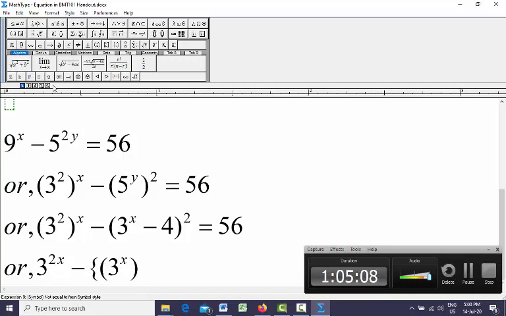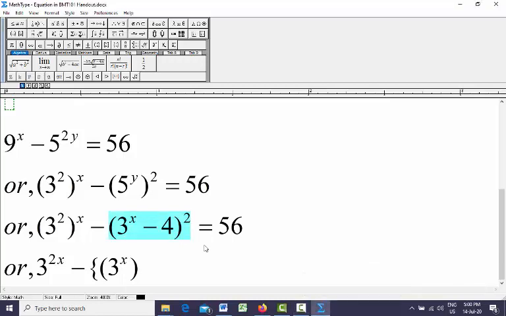bracket. Remember, we can consider it like a minus b whole square. The formula of a minus b whole square is a square minus 2ab plus b square. So this 3 to the power x is the a, so a square means 3 to the power x square, minus